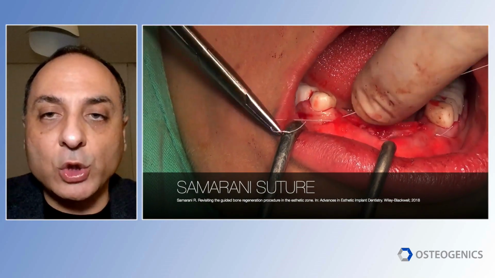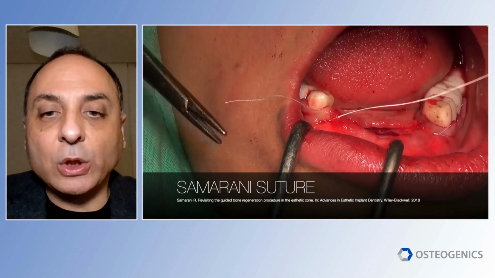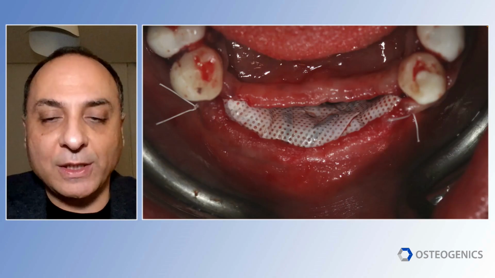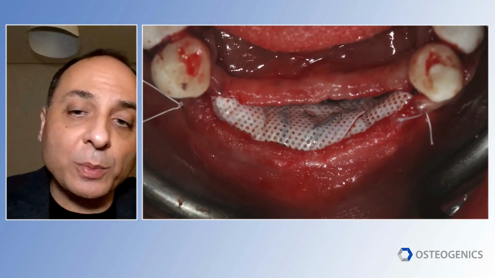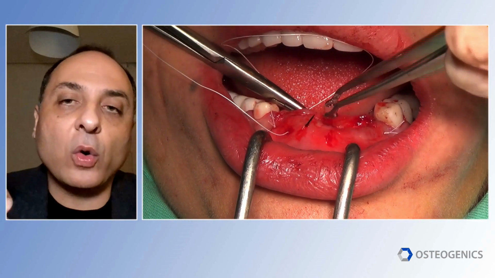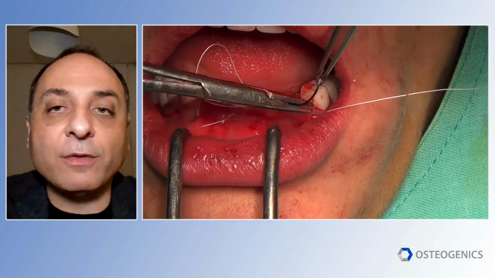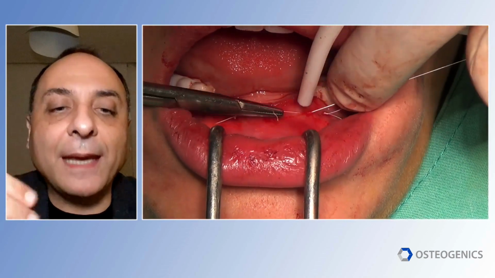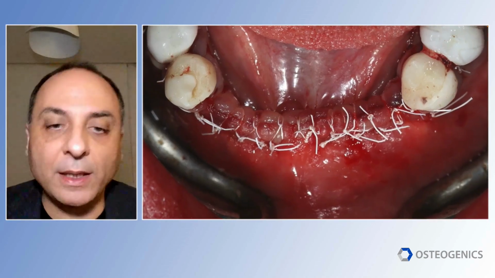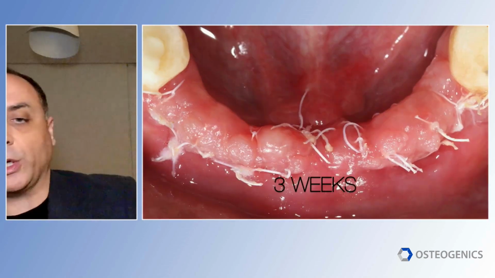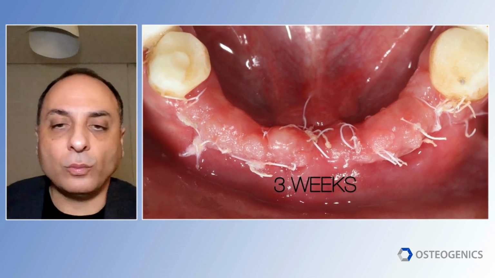So this suture centers the flap around the adjacent teeth to put it at its original position. And we don't worry about the middle section, because already the flaps are very loose and they can easily be closed in the central part of the ridge, and that's the closure. So we're done with this video,